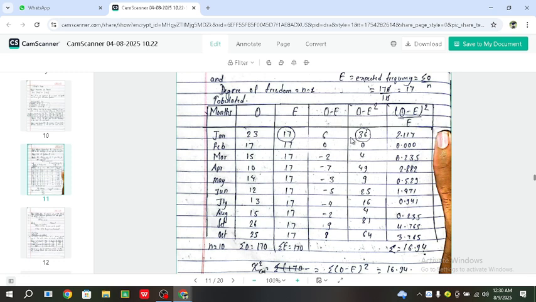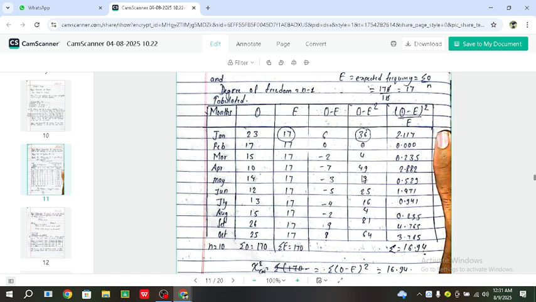Then just do the square of this, nothing else, just do the square of this. I mean to say that O minus E already came, and this only O minus E value square. That means this value square, this value square, this value square, all square but in positive, because